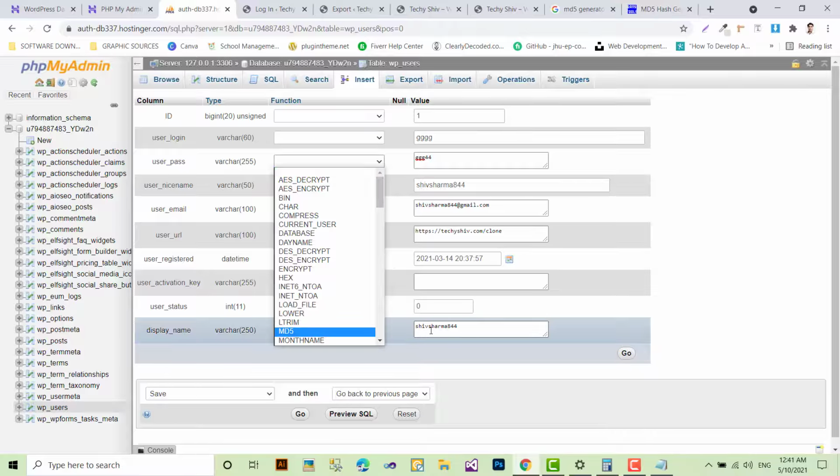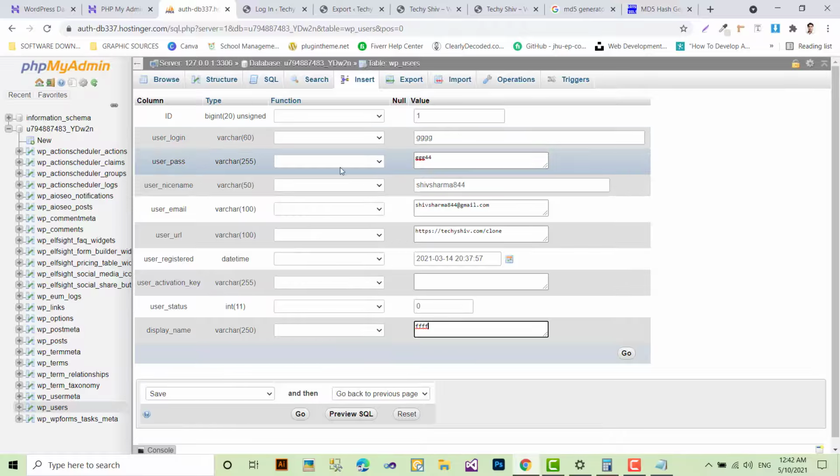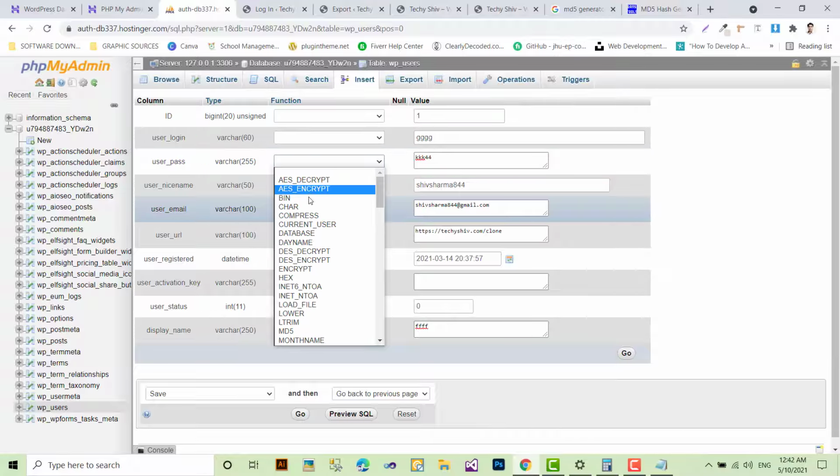That's why each time the display name is my mistake. You can change the display name. Suppose FFF1234, and here I am putting GGG, whatever, and KKK44, and MD5. Where is the MD5? This one.